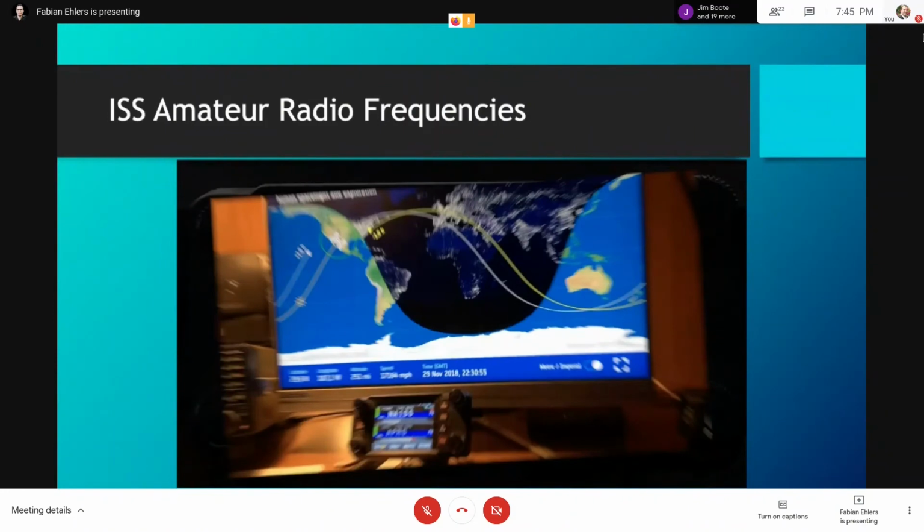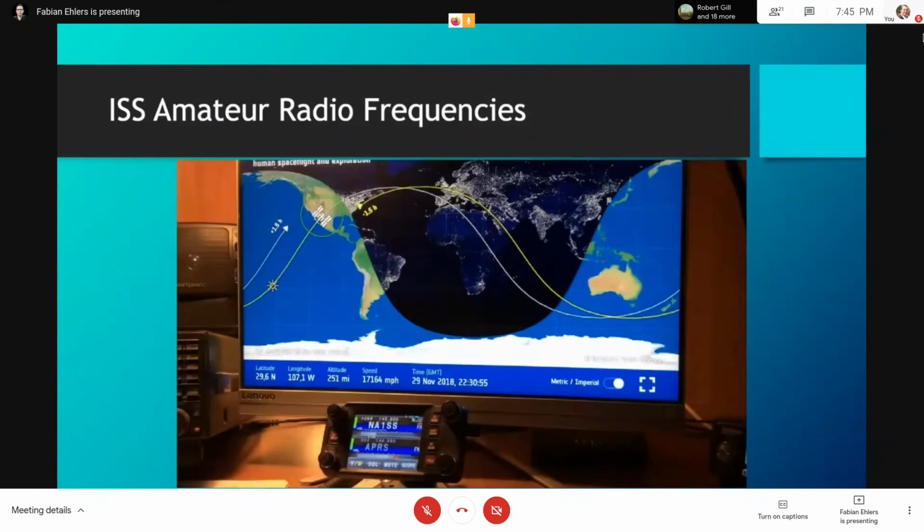Now, this is the gentleman who's got a much bigger setup. He's got, I think, a bigger radio as well, probably more power in order to get up there. And then in the back, you can see this map. Again, it shows you day, night, and then these two little lines are the line where the ISS is actually moving. I'll show you that page in just a moment. But this is his communication with the ISS. This is called the second pass, and we'll have about a 10-minute window to contact with the